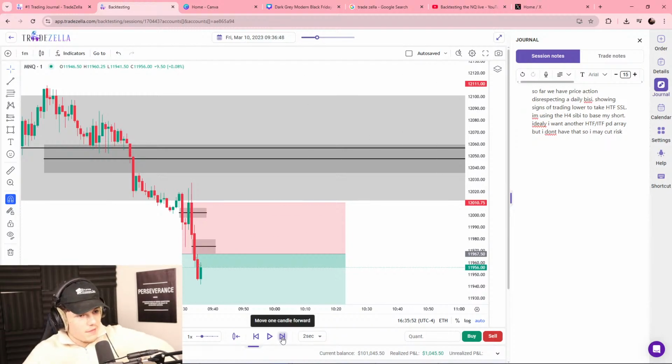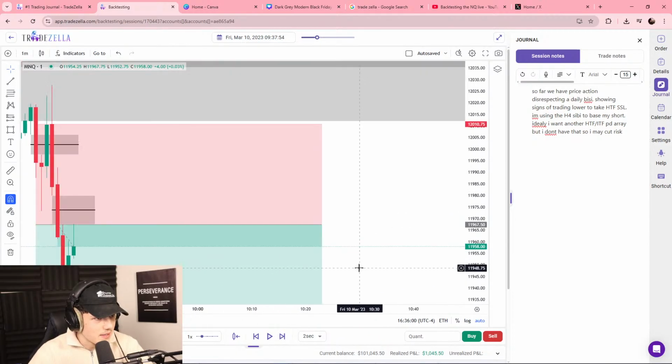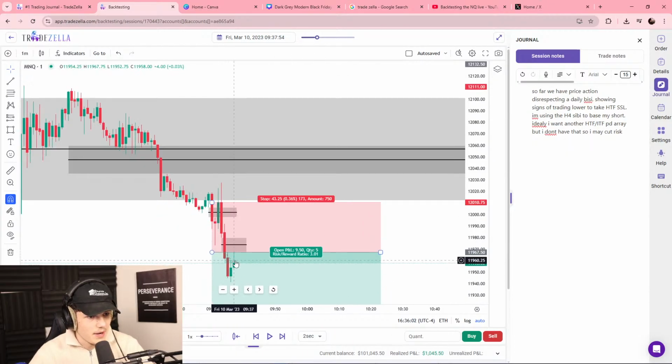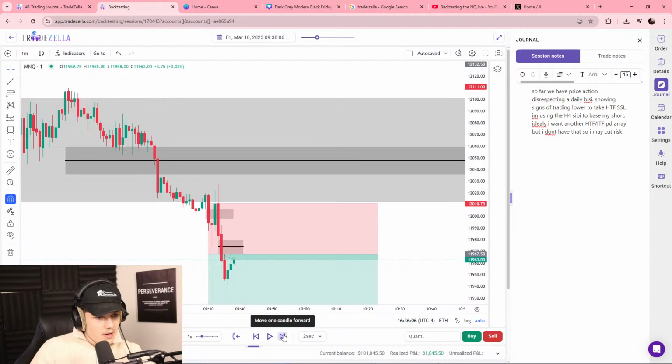Anyways, let's see if we can get a fill on this fair value gap. We're trading to it. We just touch it. We traded into it. Yes, we did. Any body would give me an entry now. So ideally, I want to see it trade up higher, but if I start seeing it trade lower, okay, there. Now that we officially traded into it, if we trade back down here, I'm going to take the trade.